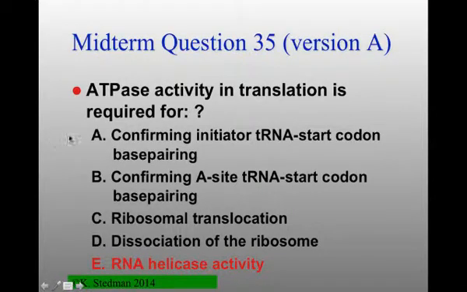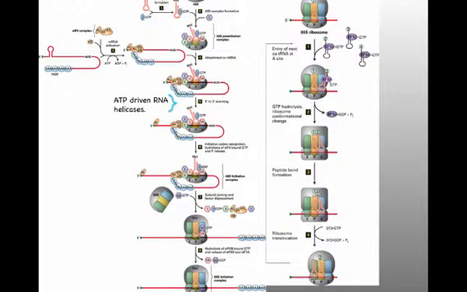The next question was: ATPase activity in translation is required for confirming initiator tRNA start codon base pairing, confirming A site tRNA start codon base pairing, ribosomal translocation, dissociation of the ribosome, or RNA helicase activity. And I was looking for RNA helicase activity, and the reasoning behind that is if you look at translational initiation in eukaryotic cells, you have translocation that takes place. And translocation is once you've associated the large and the small subunit of the ribosome together with all these initiation factors, it binds onto the 5' end of your messenger RNA, and then it translocates along to the actual start codon. And this requires